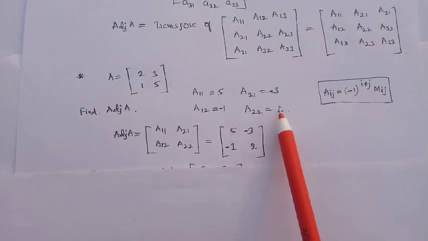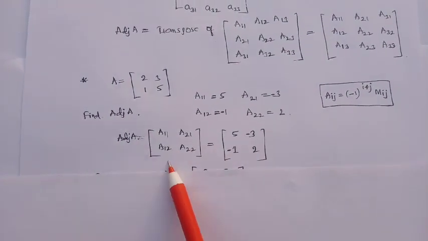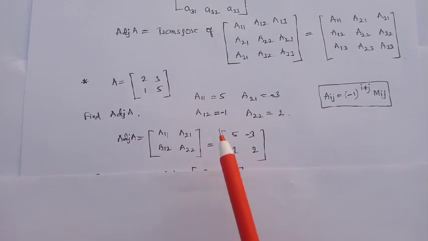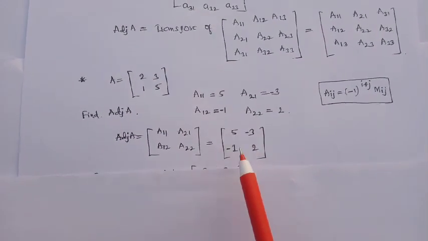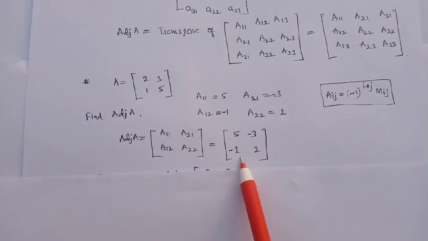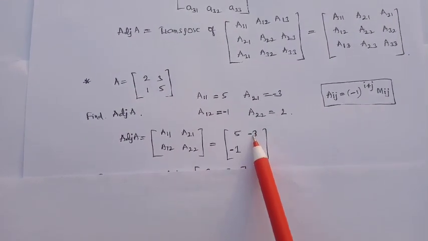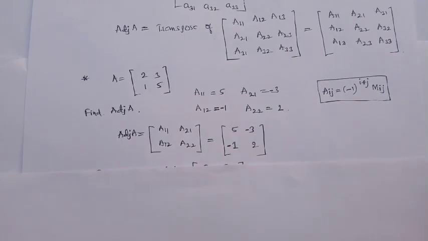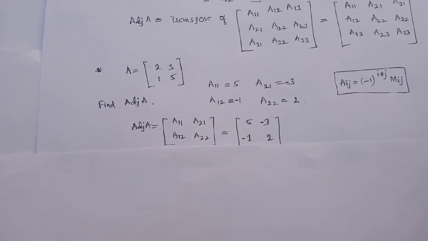So these elements are to be written here: A11, A12, A21, A22: 5, minus 1 is coming for A12, A21 is minus 3, A22 is 2. Coming to the method,